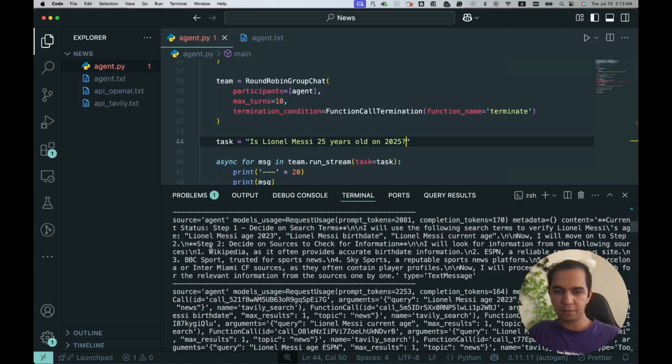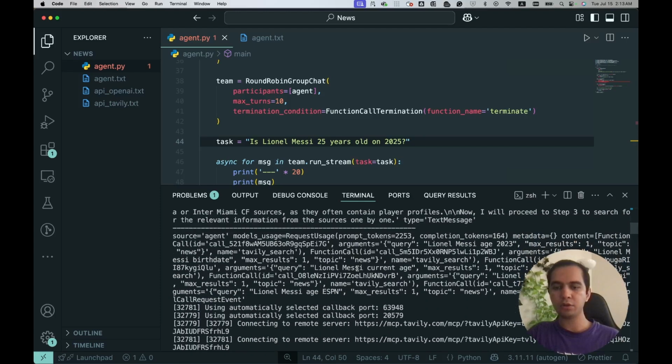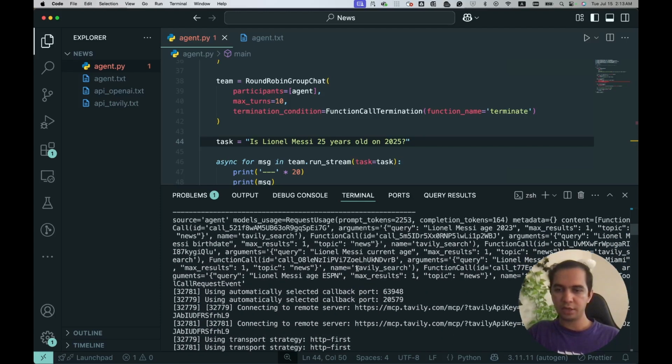And step 2, decide on sources. And these are the sources. Wikipedia, ESPN, BBC Sport, official FC Barcelona or Inter Miami CF. Fair enough. And I will now proceed to step 3 to search for the relevant information from the sources one by one. Okay. Now it has used